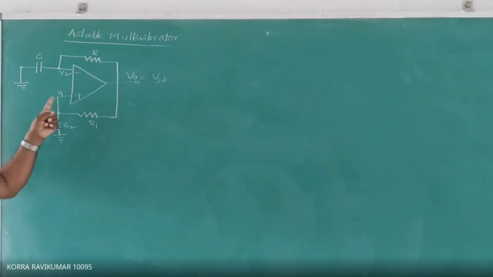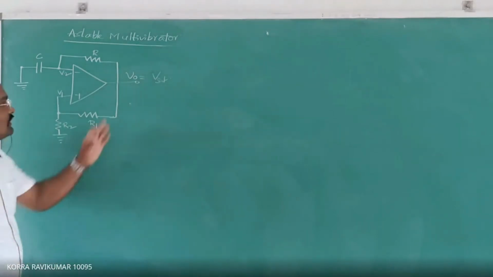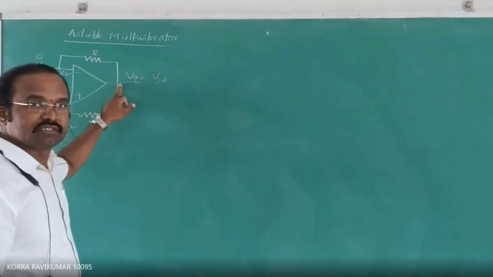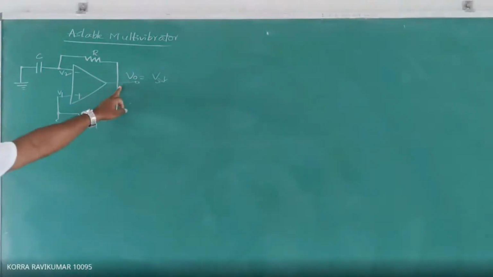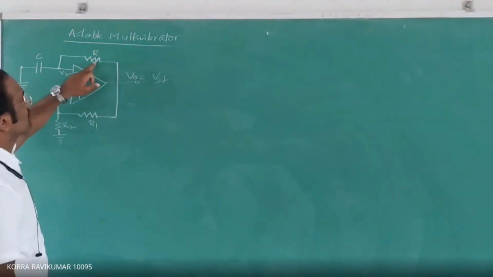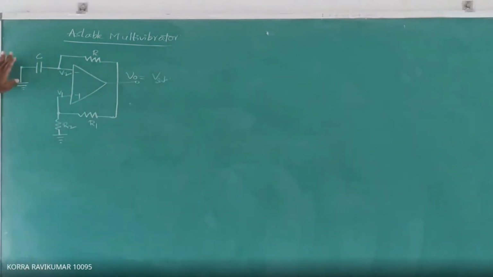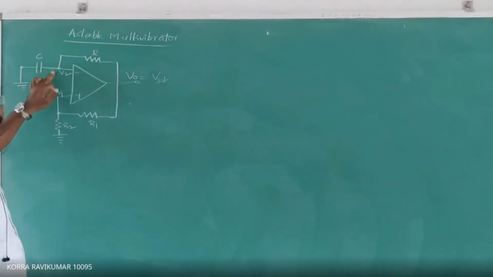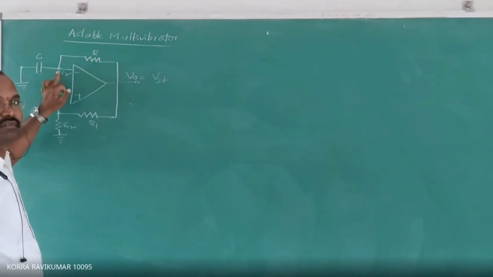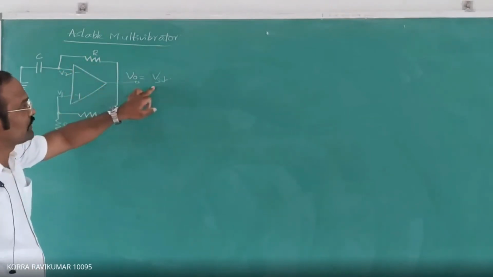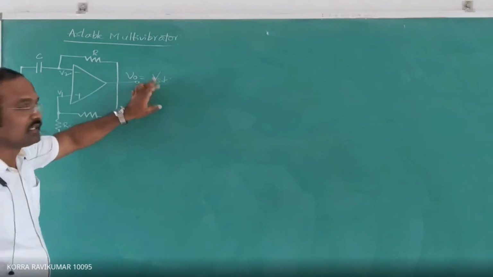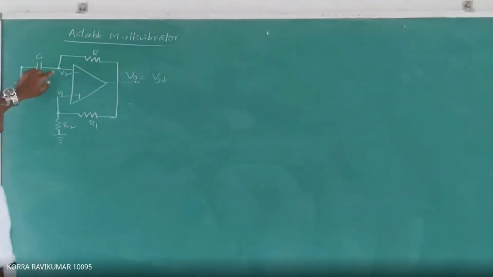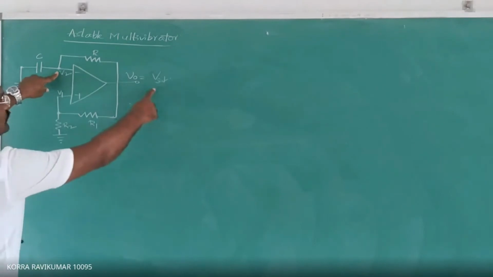Then what about V1? As it produces the V saturation voltage here, see, this is the feedback resistor. We are not applying any input voltage at the inverting terminal, but here the path is connected between the output and the inverting terminal through resistor R. So whatever voltage is present at this point, V0 equal to V saturation, the same voltage appears at this node. The same V saturation voltage will be present here.